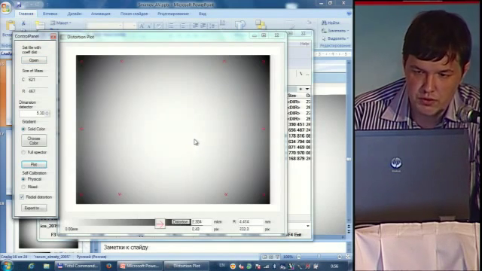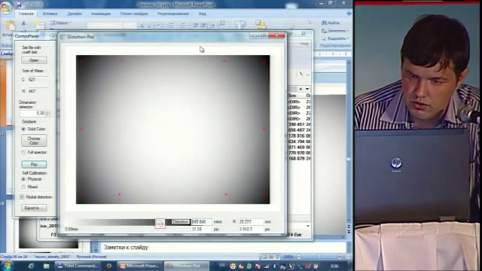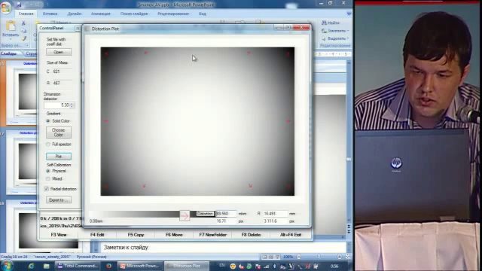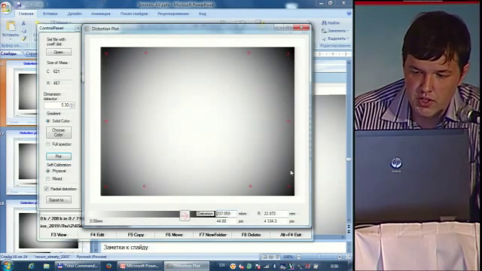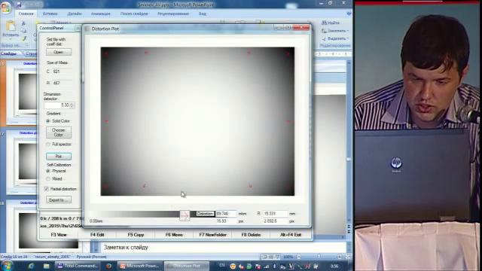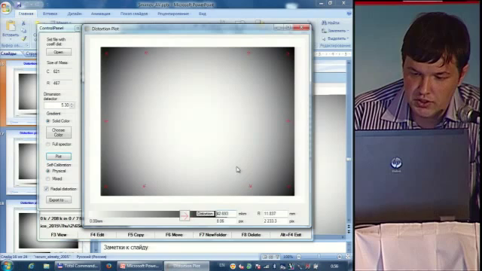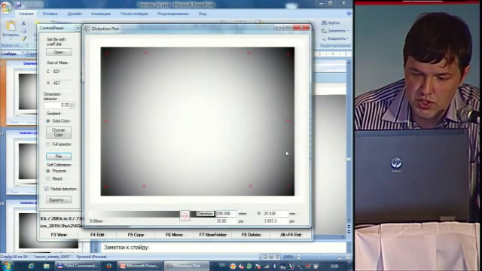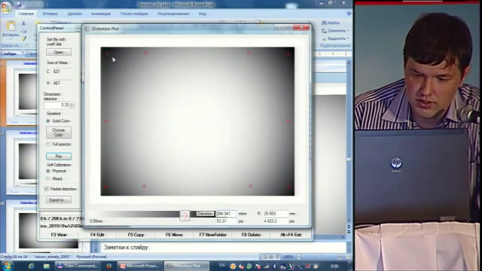Well, let's look at radial distortion. So this is how you can view it, and the window duplicates the full frame size. You can see how the numbers change.